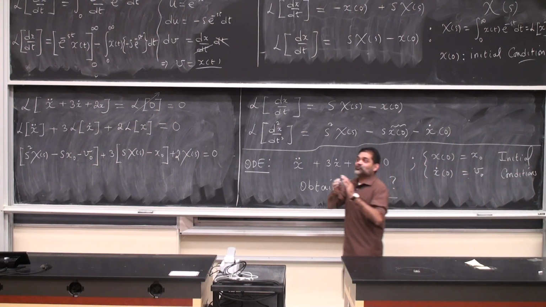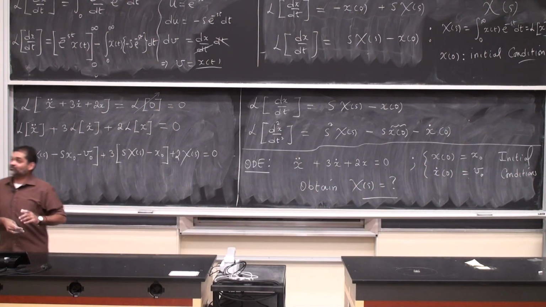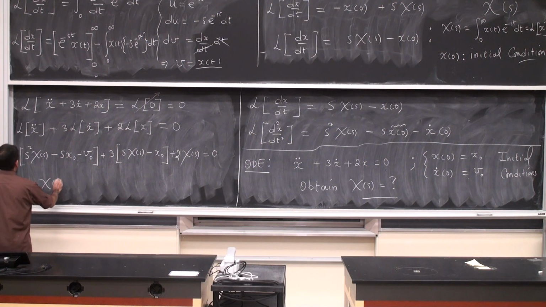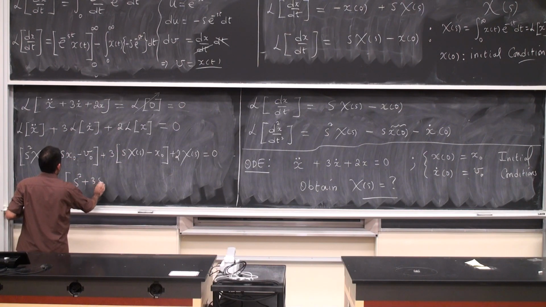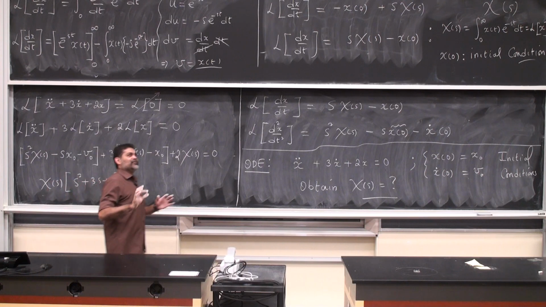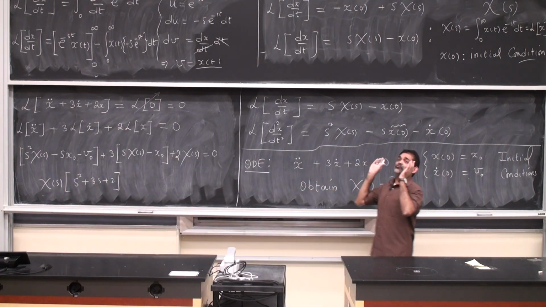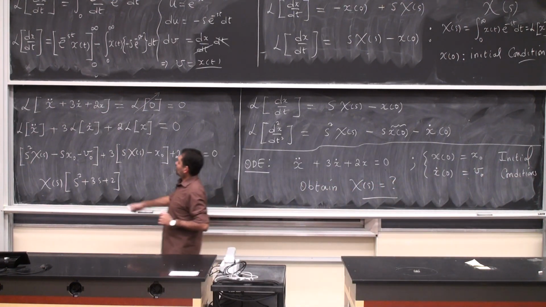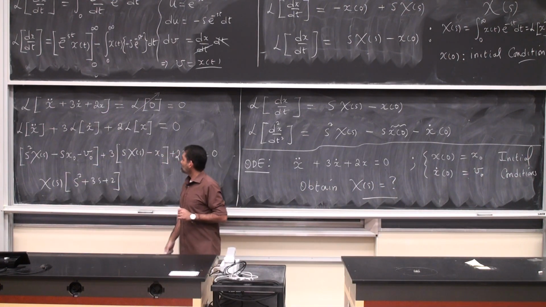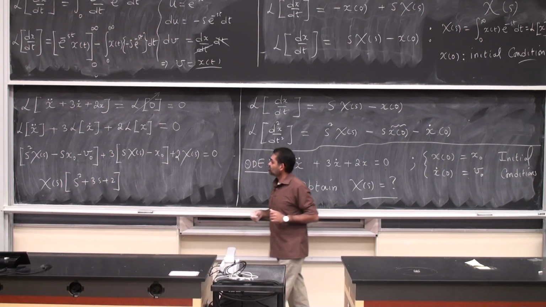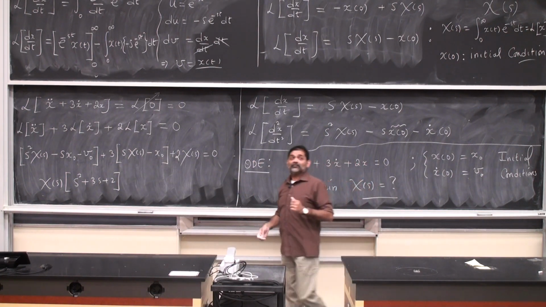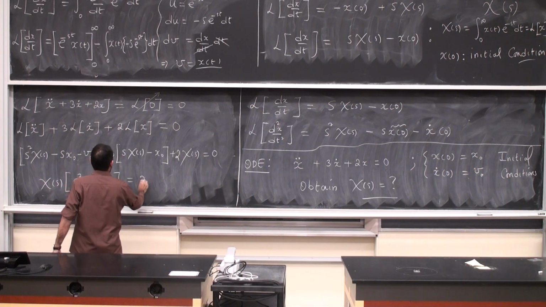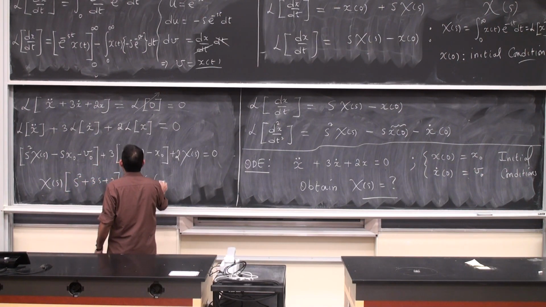Now couple all the terms together by taking X of s as a common factor. Combine all the terms containing X of s. So I have an s square, a 3s, and a 2. Take all the terms that are negative, because we are positive thinking people, and throw them on the other side, where they become positive. So I have s times x naught minus 3 times x naught minus v naught, bring it onto the other side. So this is now going to be x naught times s plus 3,